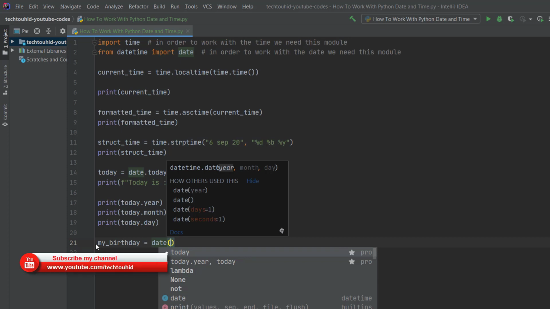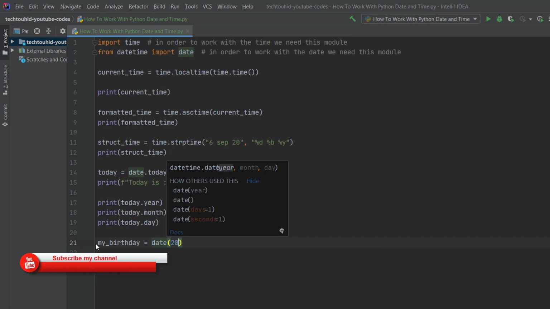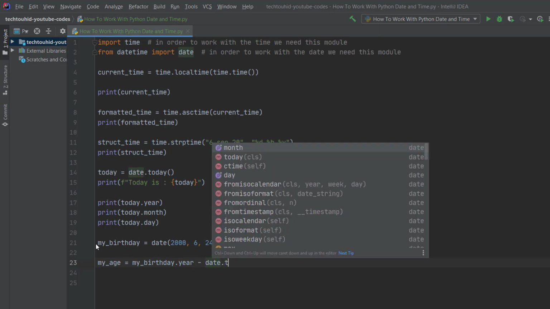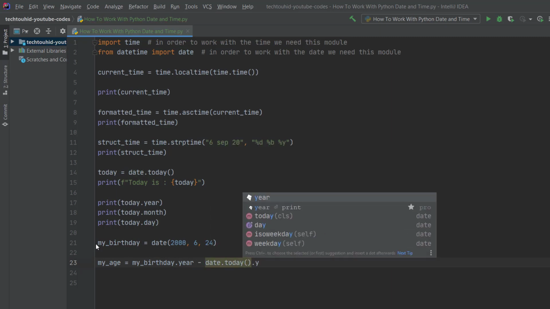So let's take the year 2000, and 6 is the month, I guess, and 24 is the day. So now we can take a variable, my age,